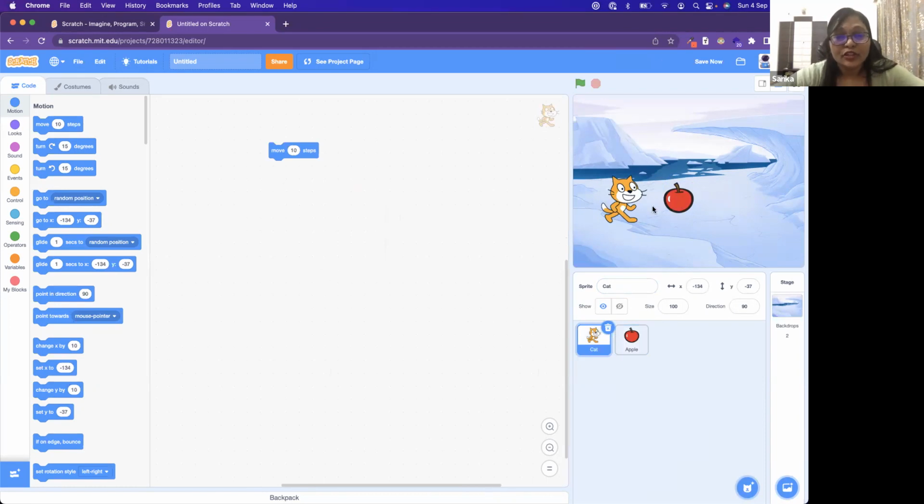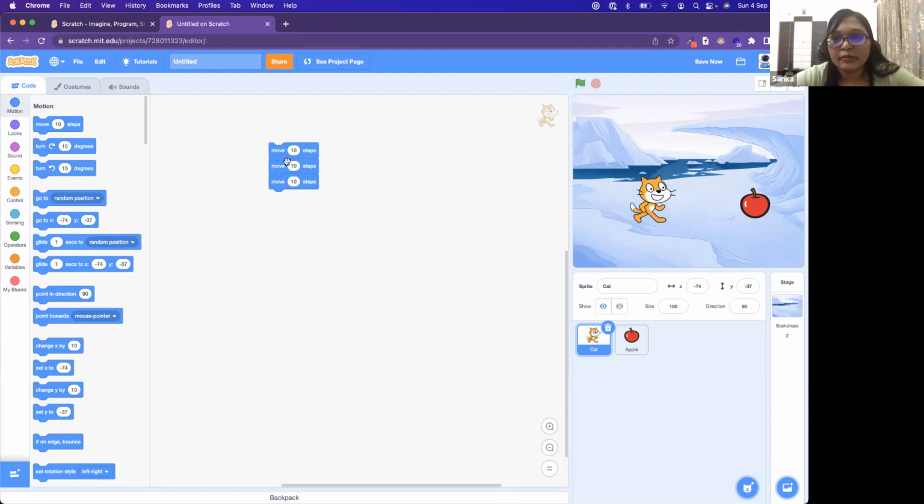Perfect. So this is a quick intro of how you can do it, because coding is generally and almost always more than 1 step because you want it to do something, right? So let's say my apple is here and my cat is here. What I want to do is move the cat to the apple. How will I do it? I think some of you would have guessed it. I can